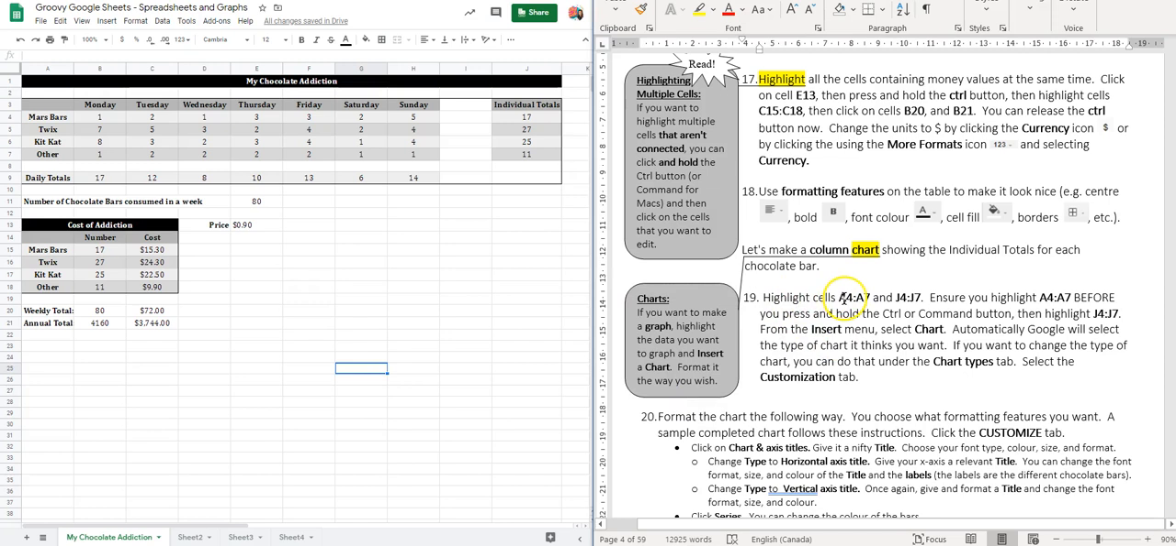So highlight cells A4 to A7, A4 to A7, and we also want J4 to J7. So remember, you have to first highlight A4 to A7, then press the Control or Command button, then highlight J4 to J7. Do not press the Control or Command button before the first highlighting. You always have to highlight the first part first. From the Insert menu, you're going to select Chart,